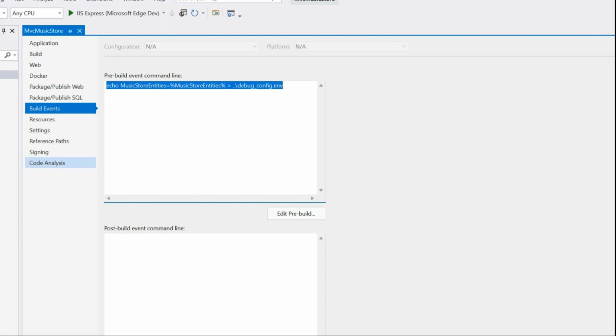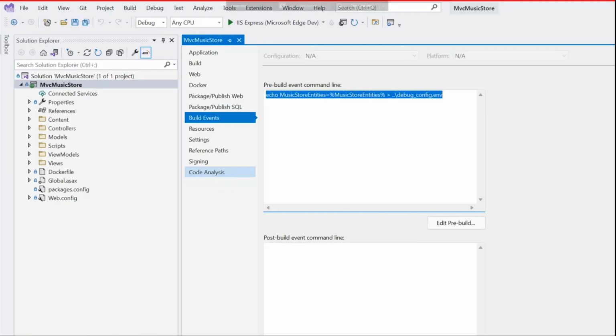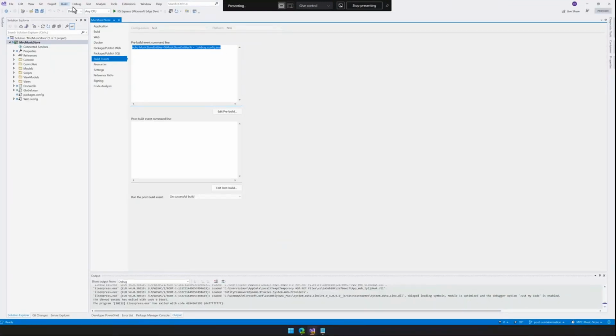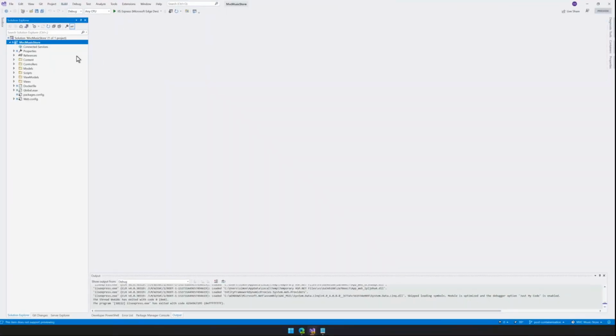So I pipe music store entities as a string. Music store entities equals the connection string value contained in the environment variable, and I pipe that into the debug_config.env file on disk. And then when Docker runs to debug, it will actually pass in that as a parameter.